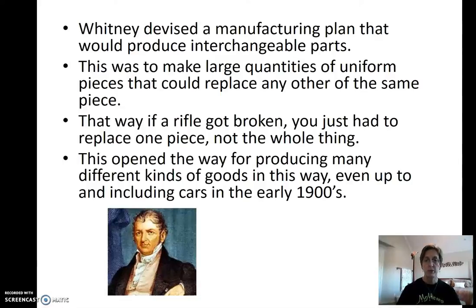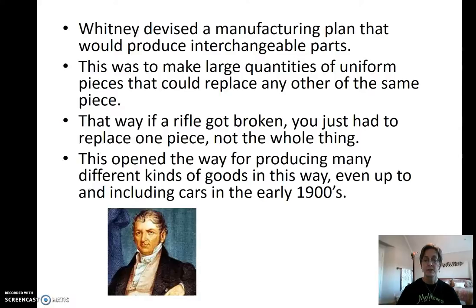This seems like child's play to us. We're thinking, why would you make things any other way? But back then, this is a brand new idea. This was a way to make large quantities of uniform pieces that can replace any other piece of the same kind. So, in other words, instead of one person sitting down and handcrafting each rifle or whatever else it is, whatever it is you're making, plow, whatever it is you're making, instead of crafting that thing from beginning to end